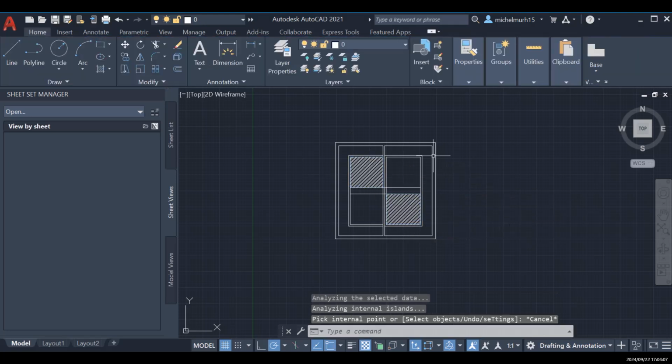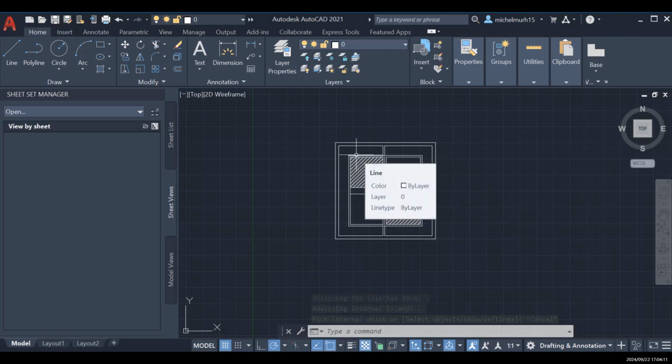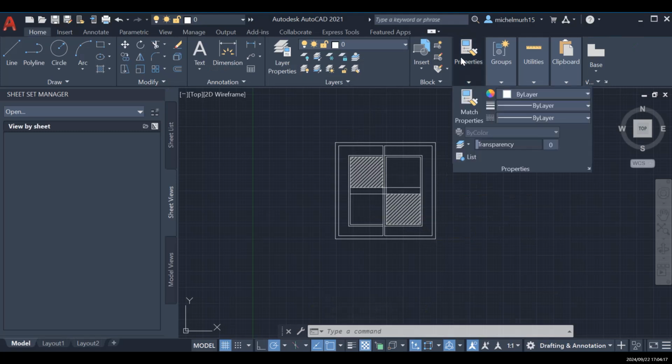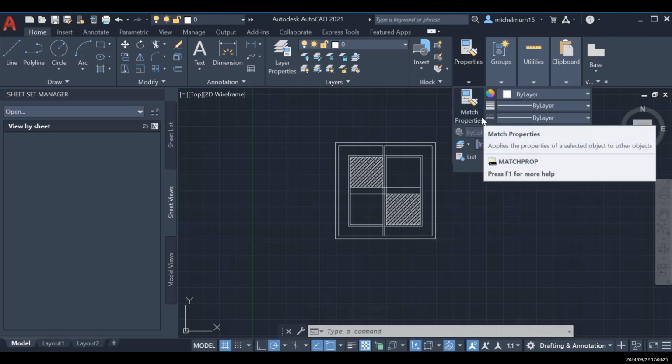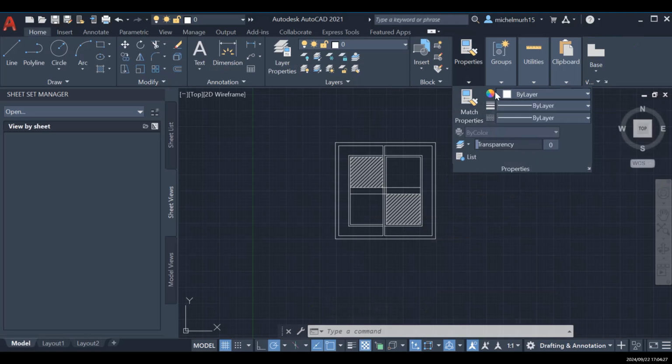And I also want to change the type of the line. I'm going to use a different type of line here. If I go to Properties here, you'll see that you can modify the match properties of a line using this command. The Properties command, right, the layer of